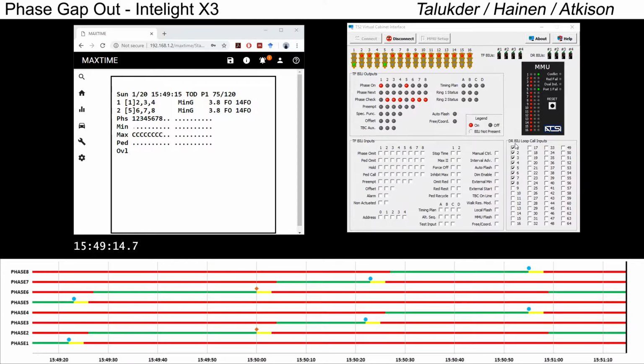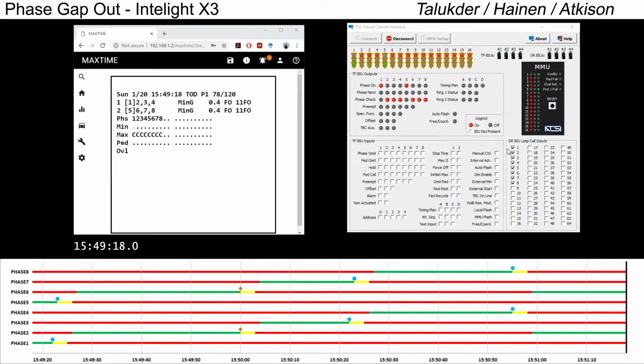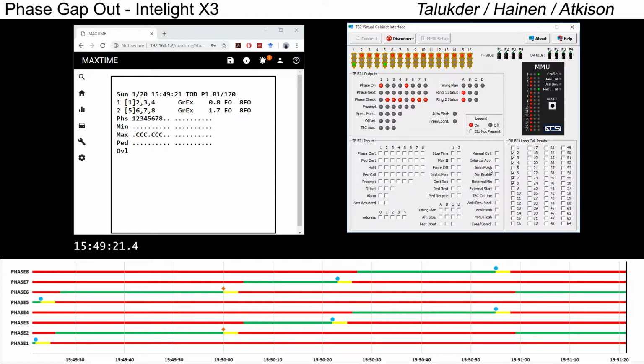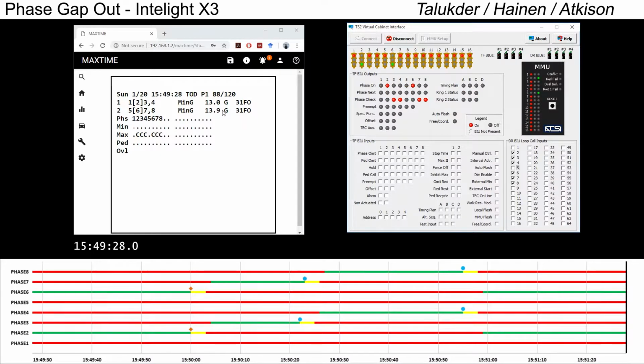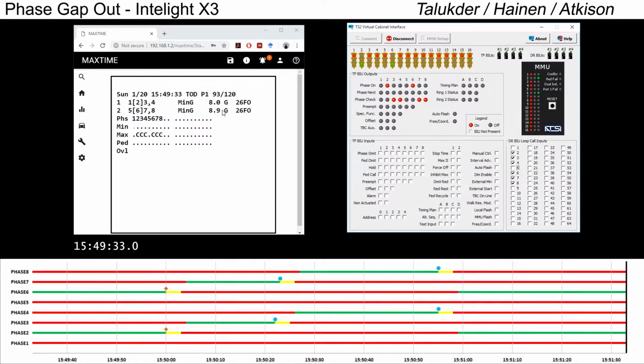and phase 5, and once it's finished doing the minimum green time, I'm going to take out the call from phase 1 and 5, and what is going to happen is it's going to gap out to phase 2 and 6 since there is no call on phase 1 and 5. So right now the controller is serving the minimum green time on phase 2 and 6,